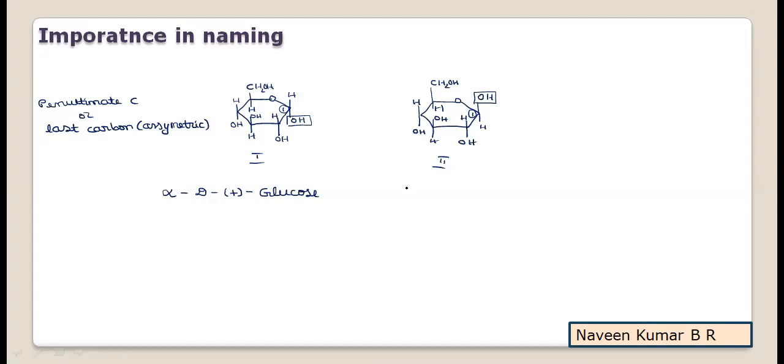Now similarly, if you take the second structure, the anomeric information is that it is a beta configuration, and we know that all the carbohydrates are D conformers, and for the optical rotation, as glucose is dextrose, it is plus, followed by either a hyphen or you continue with the name. This hyphen is not compulsory, it is optional. Just to indicate the name significance, I have mentioned all. Now this is how the name of the compound is used.